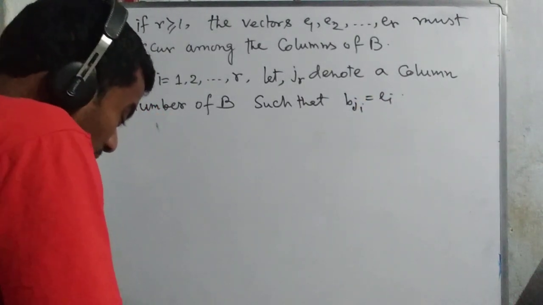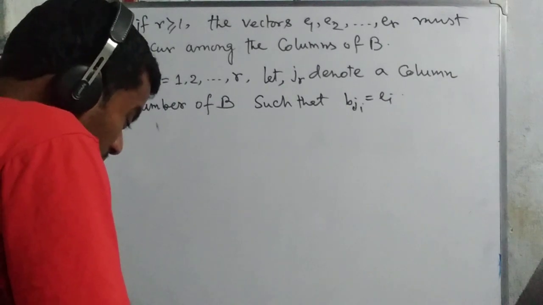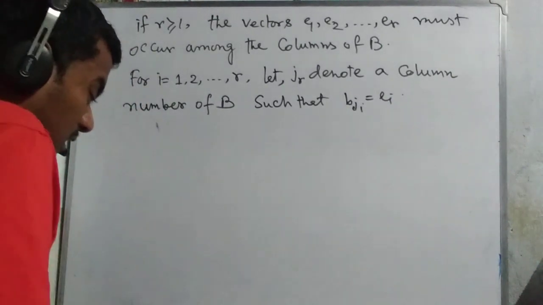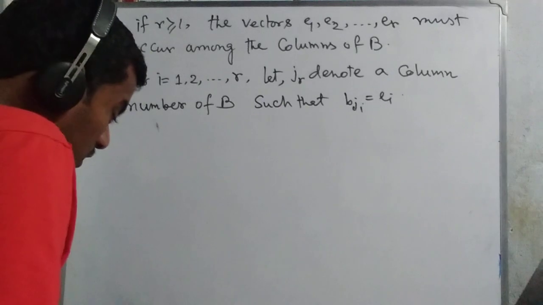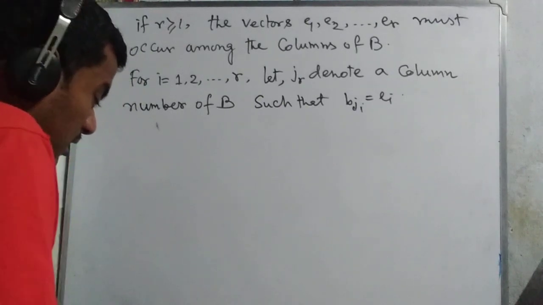Now we claim that a_{j1}, ..., a_{jr}, the columns of A corresponding to these columns, are linearly